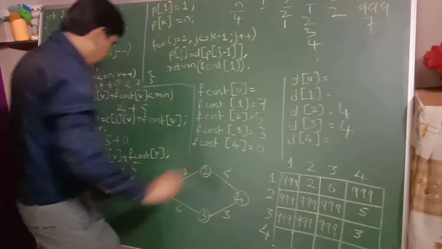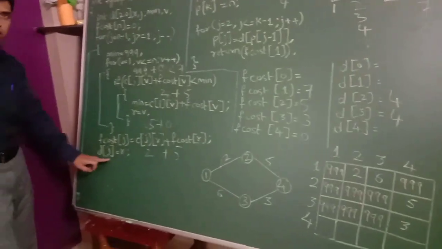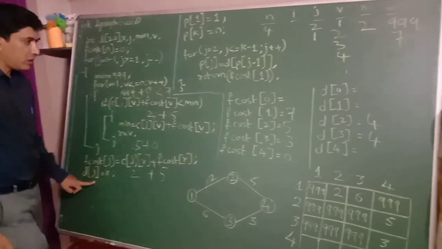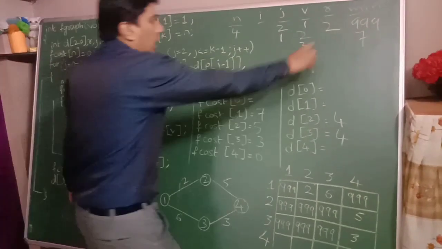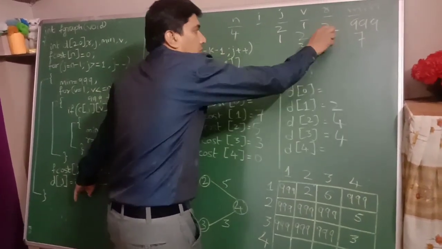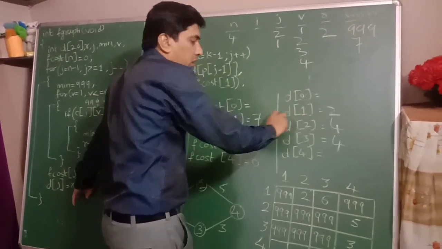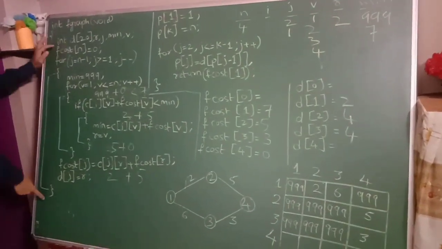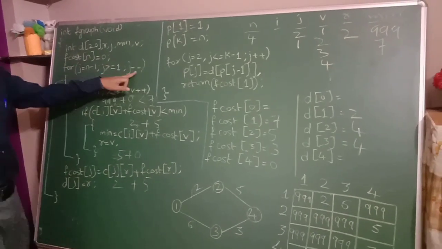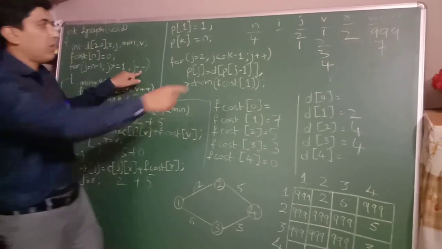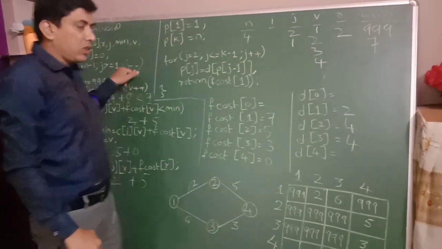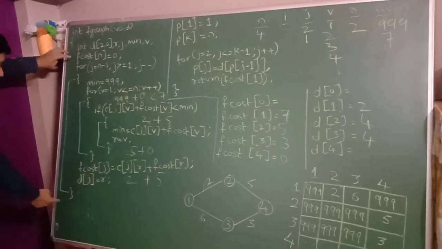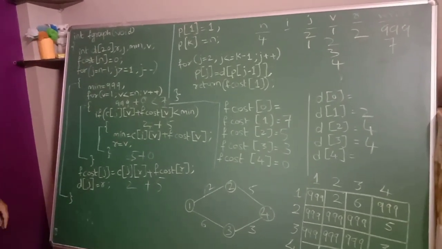So this 7 is initialized, right? Afterwards d of j, then d of j value is 1 is equal to r value is what? R value is 2. D of j value is 1 is equal to r value is 2 is being initialized, okay? Afterwards outer loop decrement the value of j by 1, right? So j value is 1. 1 minus 1 is 0. Is 0 greater than or equal to 1? No, right? So the condition becomes false. It comes out from the outer loop, right?